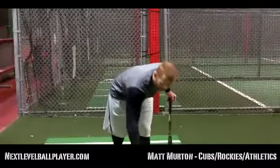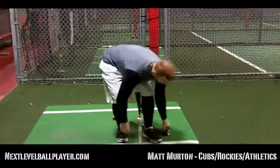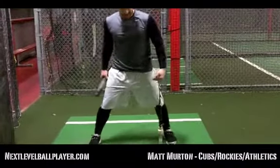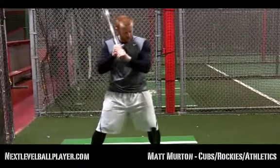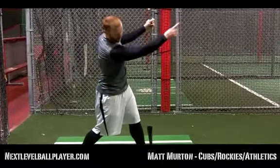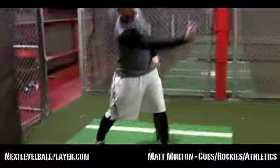right field. My next one is something I picked up actually from a teammate of mine when I was in the big leagues. And we go inside tee low, and we bring it tight to our body. What this forces us to do is work our hands, okay? The key is to make sure that we don't spin open when we do this drill. We want to keep everything in, and then we want to hit the ball and work back through the middle. So we're teaching ourselves to work our hands inside the ball and to work through the middle of the field